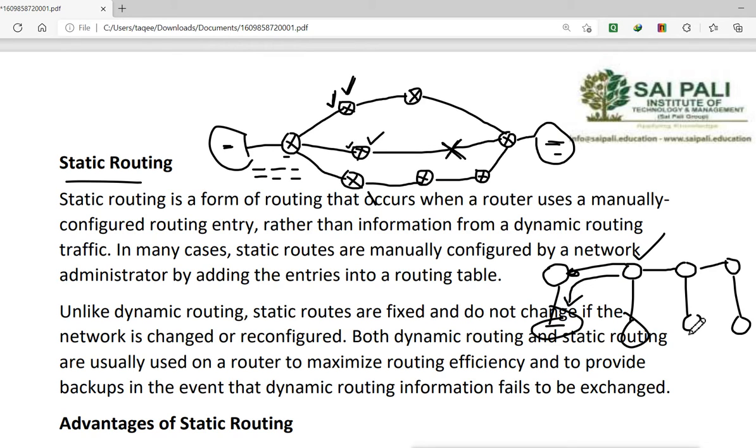And to go to these networks, the first hop address will always be this, because we'll go from this side. Remember first, so it will be this, not this one. This is not first, it is second.